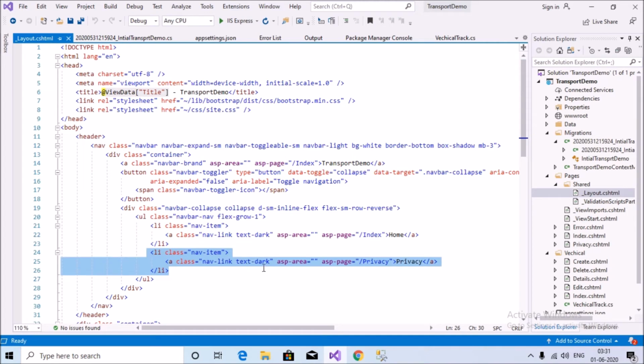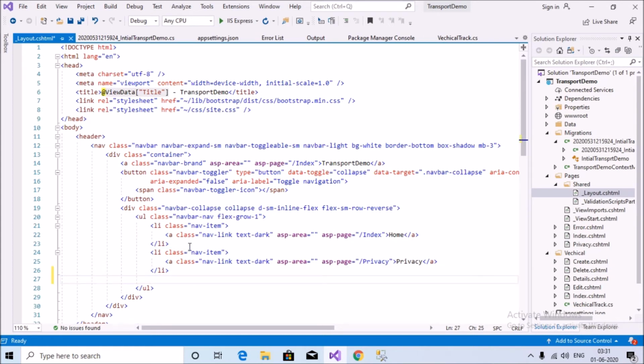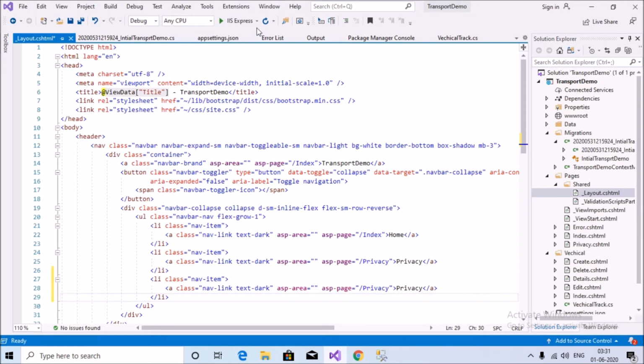Copy this one. We can see here it shows privacy, but change the name according to my requirement like that.